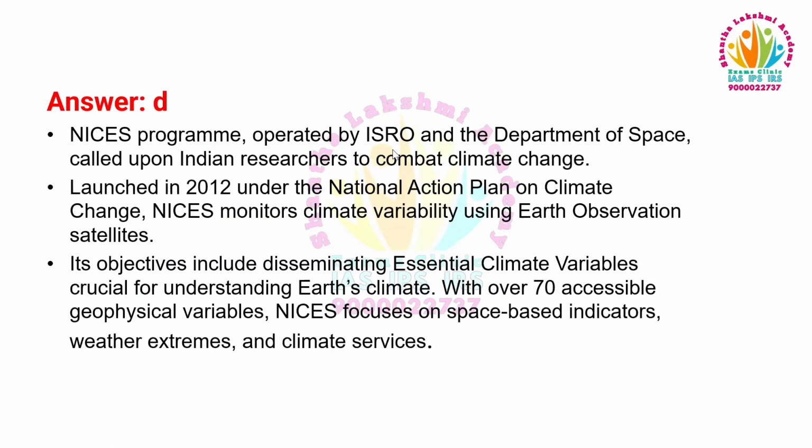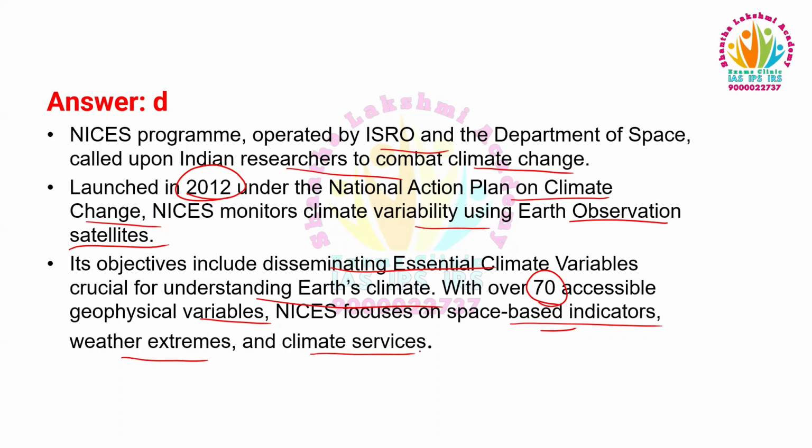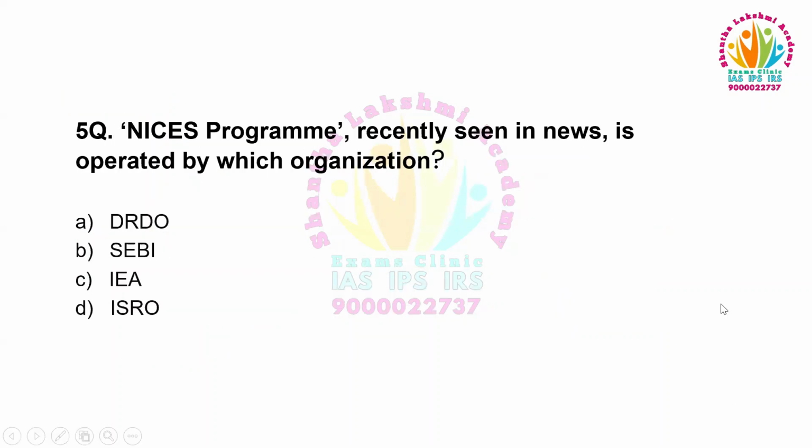The NICES program, operated by ISRO and the Department of Space, called upon Indian researchers to combat climate change. Launched in 2012 under the National Action Plan on Climate Change, NICES monitors climate variability using Earth observation satellites. Its objectives include disseminating essential climate variables crucial for understanding climate. With over 70 accessible geophysical variables, NICES focuses on space-based indicators, weather extremes, and climate services. So the answer is option D,